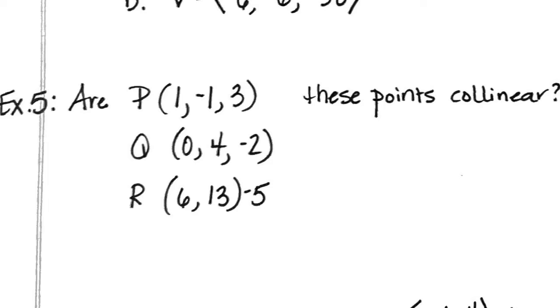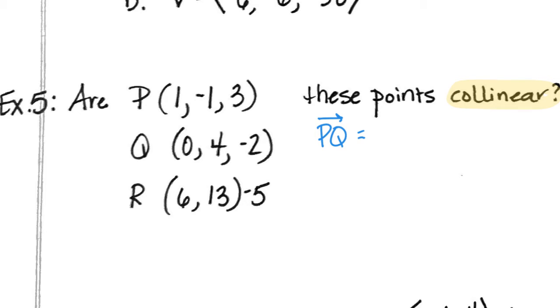All right, the last thing we're talking about is collinear points, and collinear points are not so hard. They're just a little different in this case. The first thing we're going to do is find PQ, the component form. So the way that I do that is I take